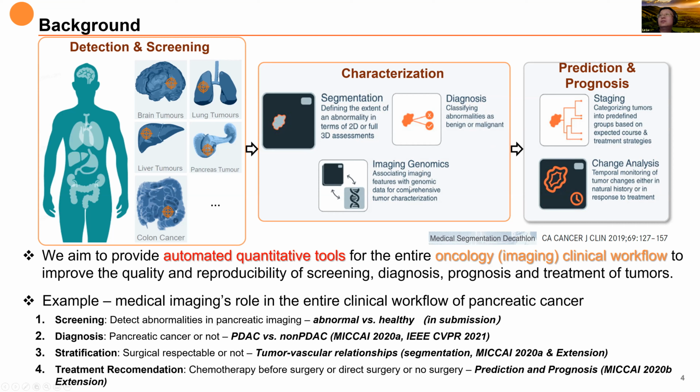And so mostly what we do is characterization, right? Segmentation, and directly from segmentation we can do diagnosis, guessing what is going on, or detection, or imaging genomics, which means from pathology images you can guess the genomic characteristics of the patient, right? This is just like the example from USC. Or some people feel that even from radiology or PET imaging, they can find strong correlation with the genomic features and characteristics of the patient.